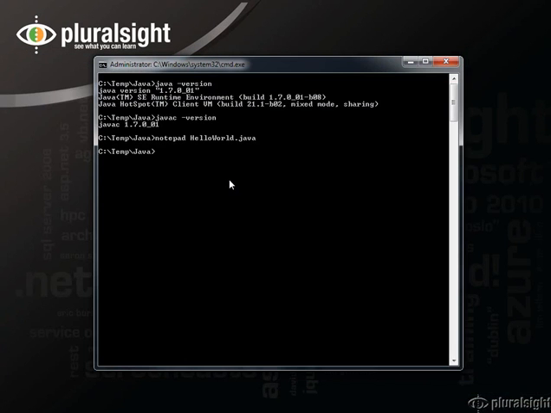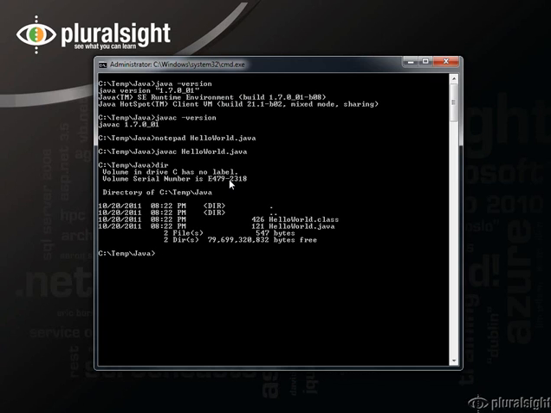Now the first thing that we're going to need to do is compile this program. So I'm going to call javac, which is the Java compiler, and I'm going to type HelloWorld.java. Now you can see it's compiled because there are no errors here. If we look in this directory, you can see now there's a HelloWorld.class file. And if I were to open this HelloWorld.class file in Notepad,